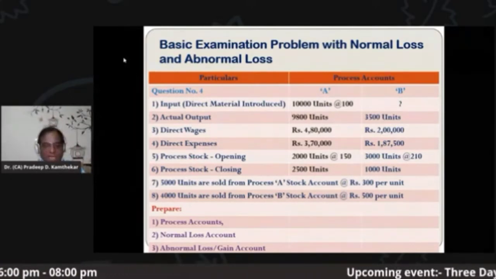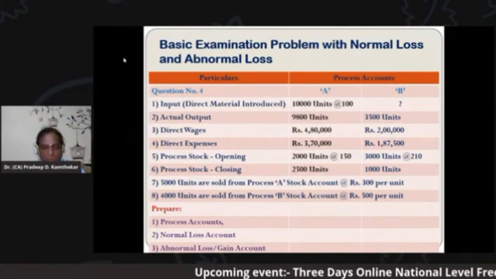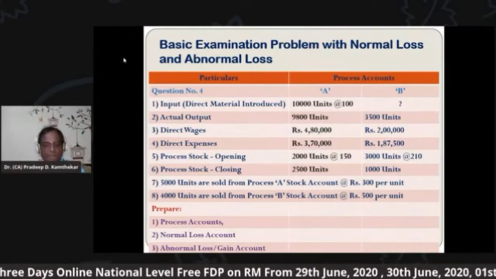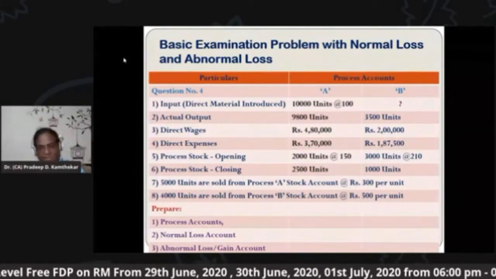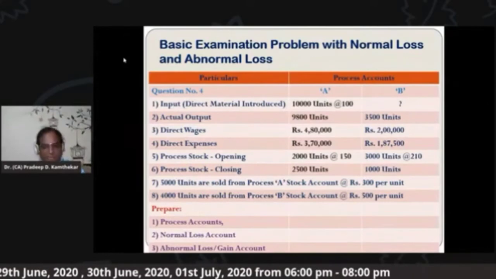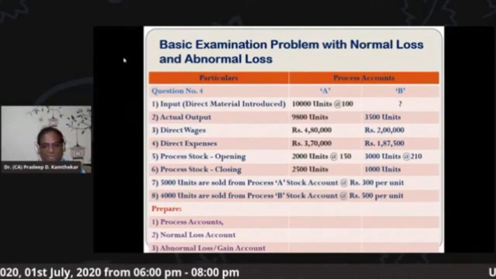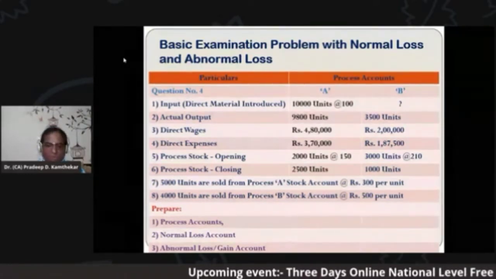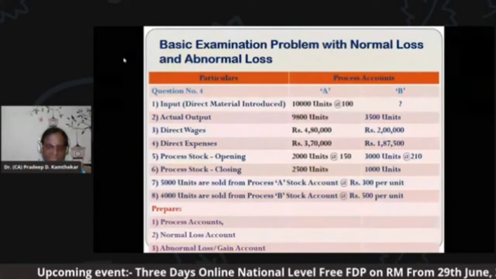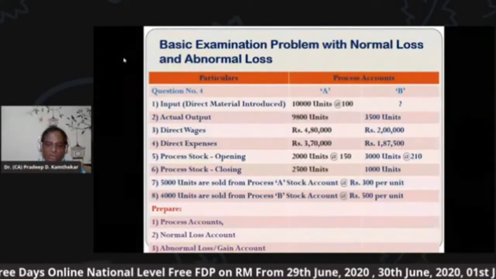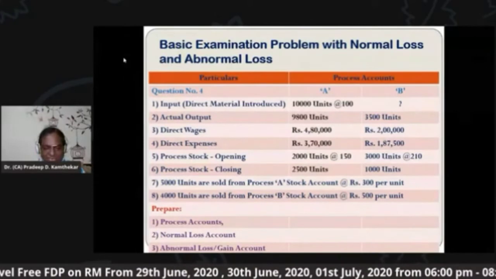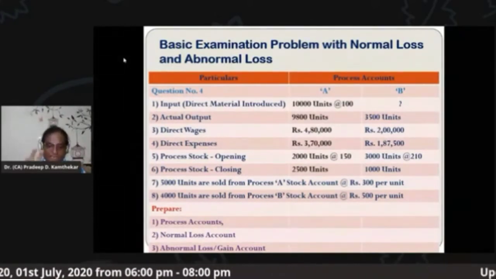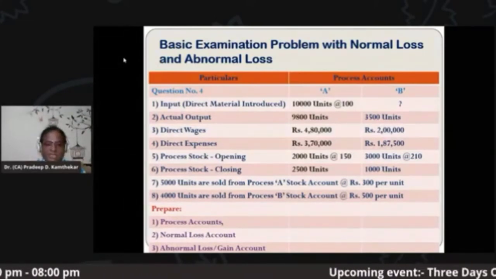So in process stock accounting, let us understand there are five things. Opening stock units and rate will be given, so write on the debit side. Then closing stock units will be given, which you write on the credit side; the rate will be the current year CPU rate of the process. Number three, if any units are sold, it will be given, so it will come on the credit side of the stock account. Out of that, whatever profit is there will come on the debit side. And when you close that process stock account, you will get a balancing figure. That balancing figure, units and amount, is the units and amount transferred to the next process. That is the only difference. So let us understand this.